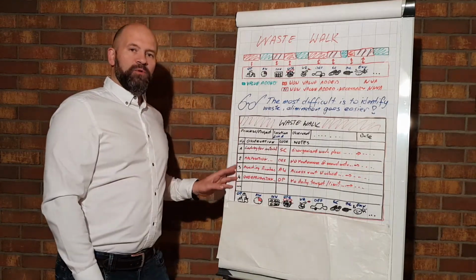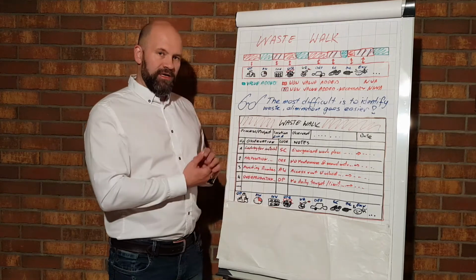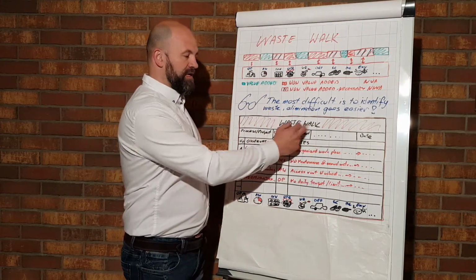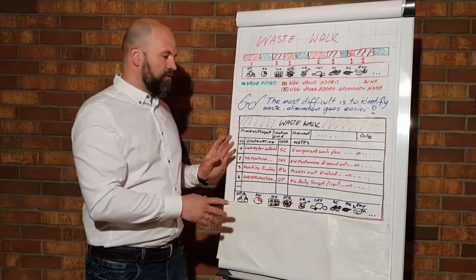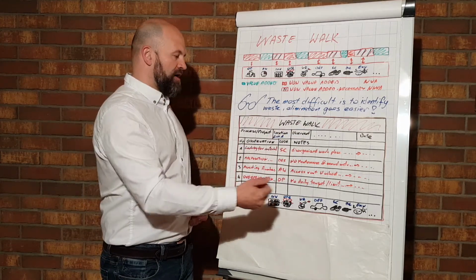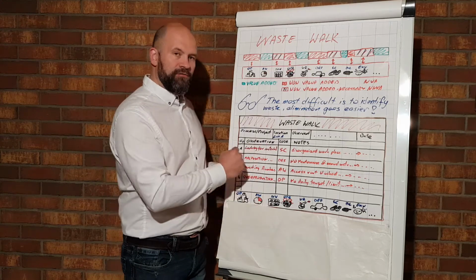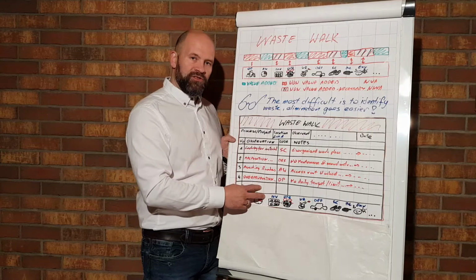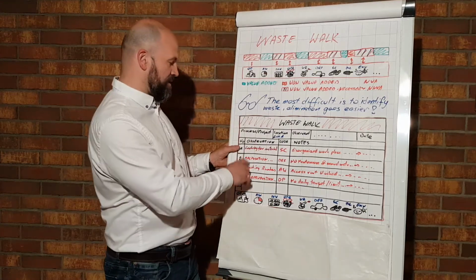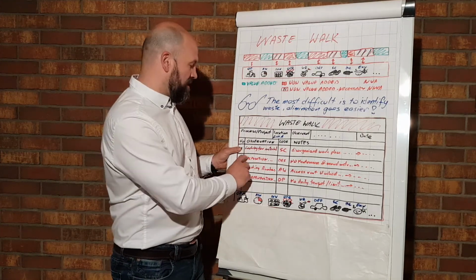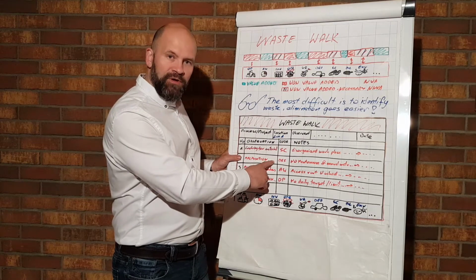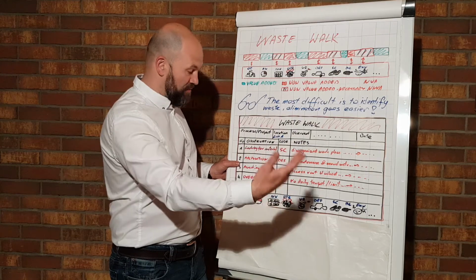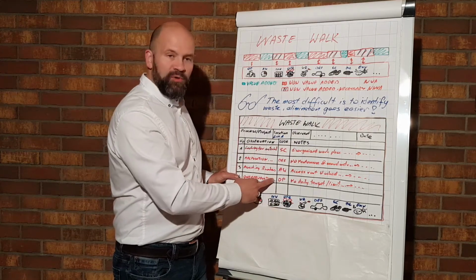Where to put notes, how the waste walk is organized. So this is a template called waste walk, A4 format. You go for your inspection to site with this kind of template. And in the first column, you put your observations about waste. For example, looking for materials, malfunction of equipment, workers awaiting something, overproduction, and so on